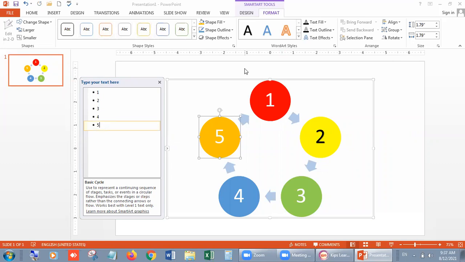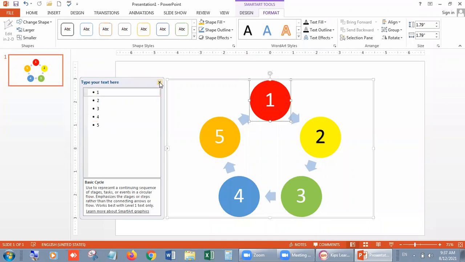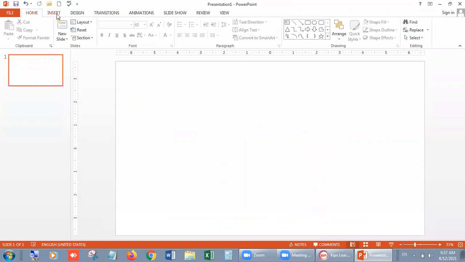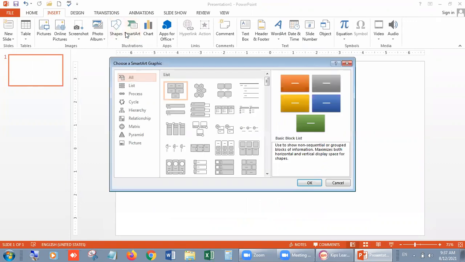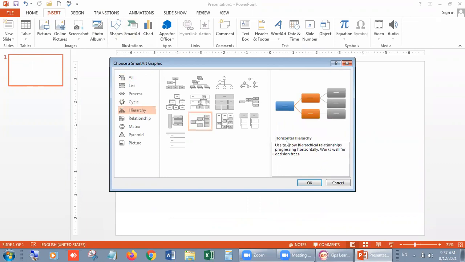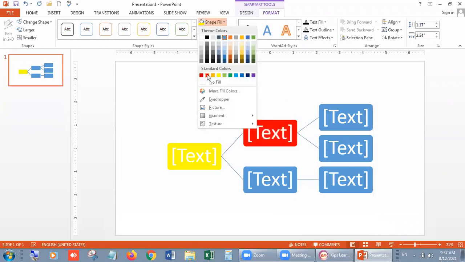Next, the SmartArt option, you can change. How can you change it? Click on it, or you can choose the delete option. It will disappear. Go to Insert again, SmartArt. This time, suppose I want to change like this. This option. This is Horizontal Hierarchy, right? Click on the OK button. You will have the same option. In the same way, you can change the color. I hope it is quite easy for you.